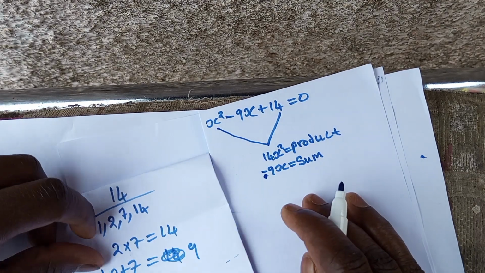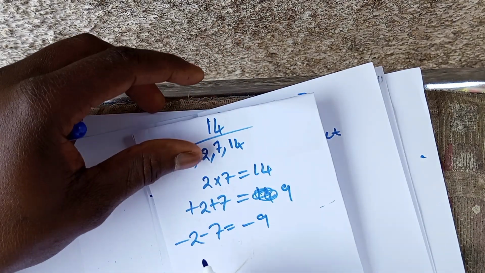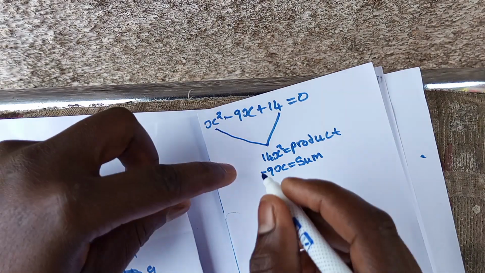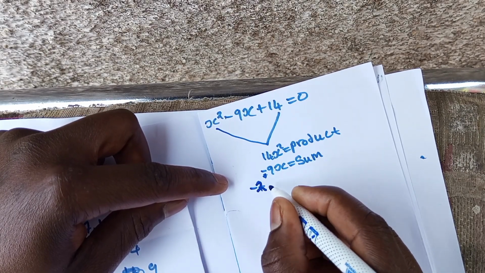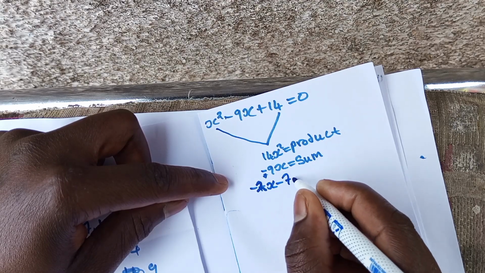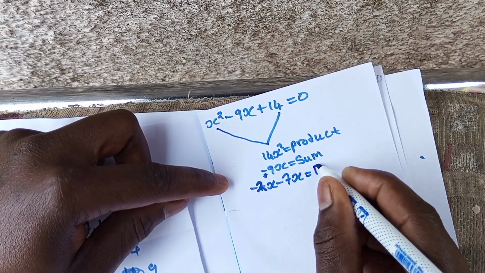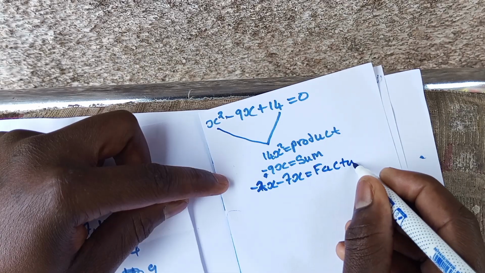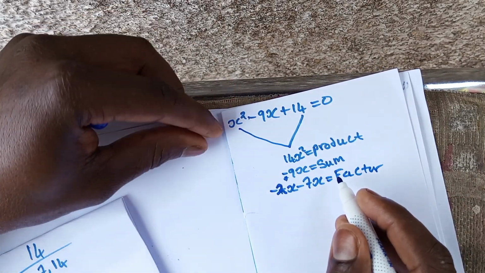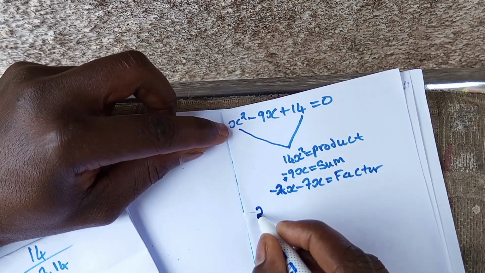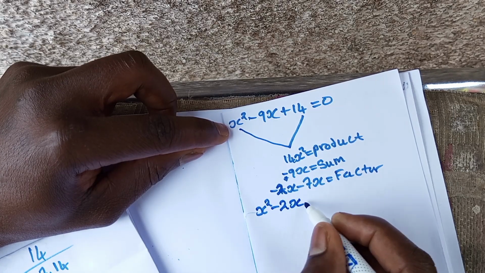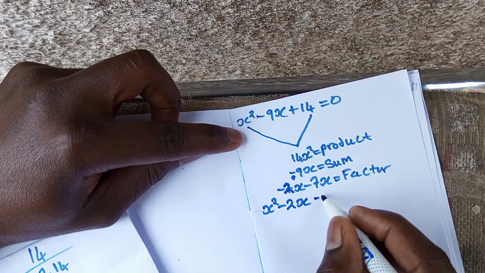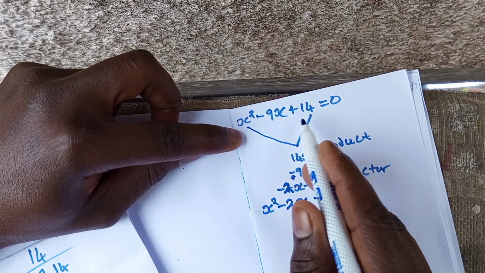So our factors are minus 2 and minus 7. So minus 2 puts their x, minus 7 puts their x. That is our factors. Now what first you are going to do, you take x squared, you take minus 2x, you take minus 7x, you take plus 14